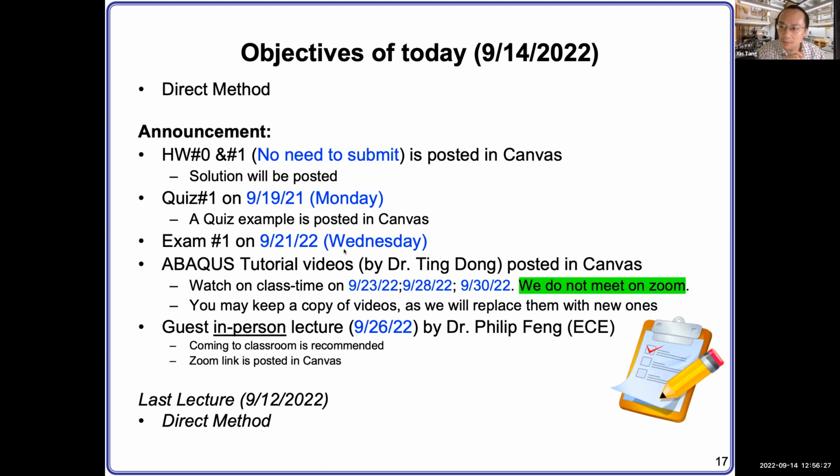So all the materials we have explained in detail are the ones you need to master so that you can do well in the exam. So no worry about the additional material. Just focus on the knowledge we discussed in the class. Very good question. So let's clarify many things.